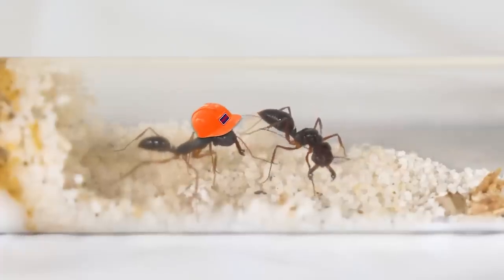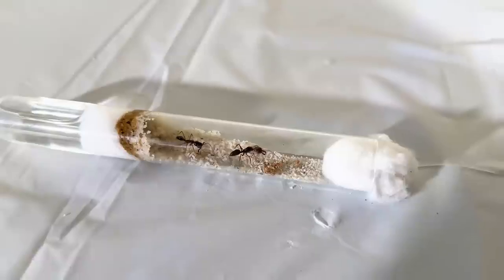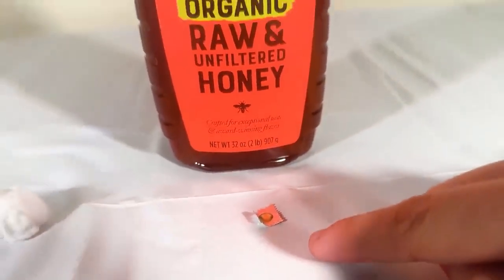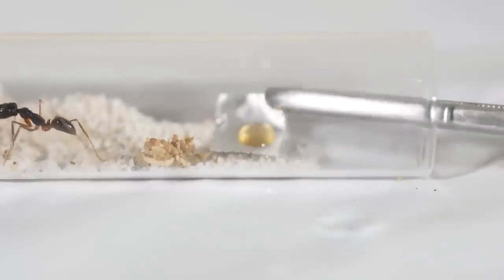Workers do almost everything for the queens, including cleaning her and even caring for the other eggs. But I want to make my colony grow extra fast, and you do that by feeding them food. And since it's so small with just 2 ants, let's just start with a single drop of honey. Hopefully they like it. So I slid the drop of honey into the tube for the ants to eat, and